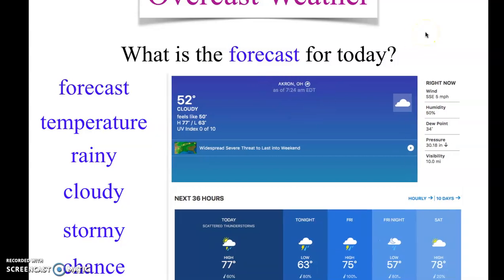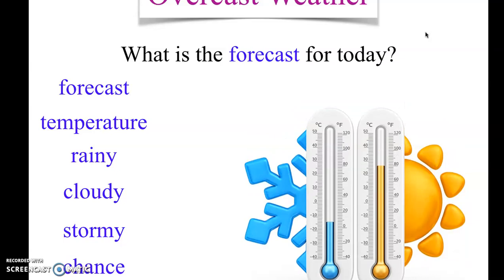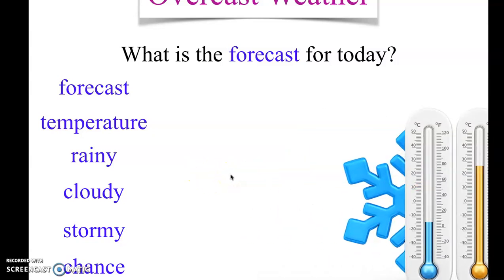Okay. What is temperature? Well, temperature tells us how hot or how cold something is. And usually, when we're talking about temperature outside with weather, there are two kinds that we use. This one here, which is Celsius, and this one here, which is Fahrenheit. So the United States uses this one, Fahrenheit. Many countries throughout the rest of the world use this one. And you can see by the numbers, they are not the same, right? So they are quite different, right? The numbers.